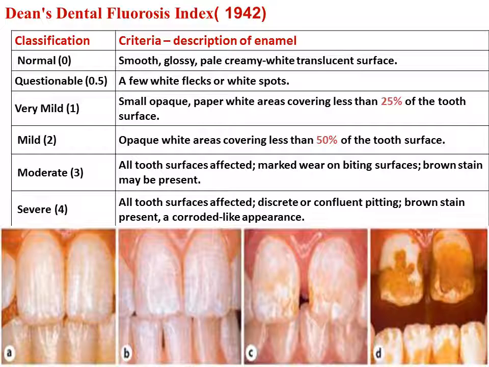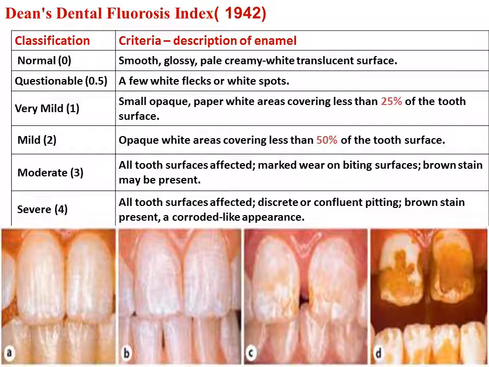The score 0 is the normal dental tissue. The questionable type is given a score of 0.5, in which there are a few white flecks or white spots. The very mild type is given a score 1, which includes small, opaque, paper white areas covering less than 25% of the tooth surface. The score 2, which is the mild one, includes opaque white areas covering less than 50% of the tooth surface,